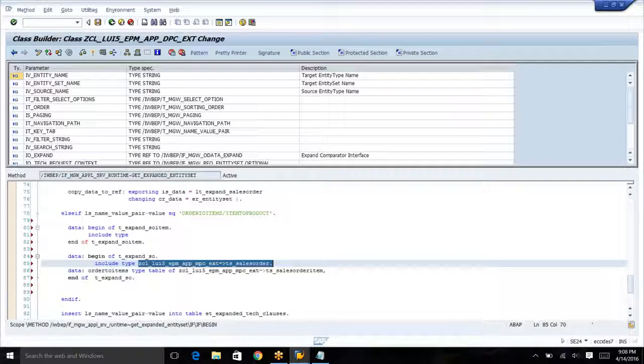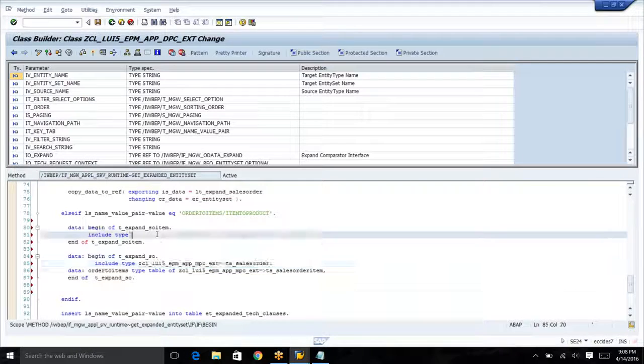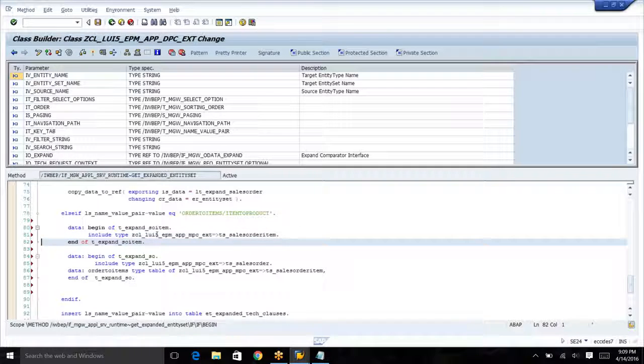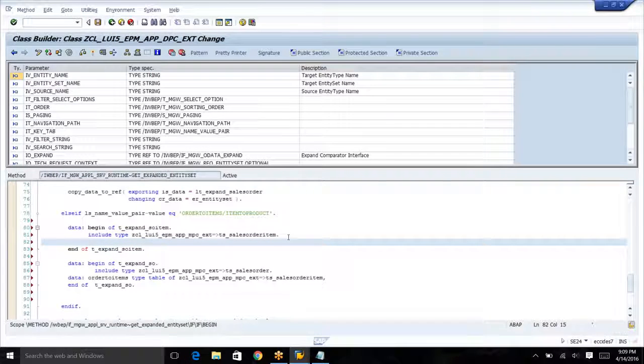Then I will include the navigation property from sales order item to product, item to product, type